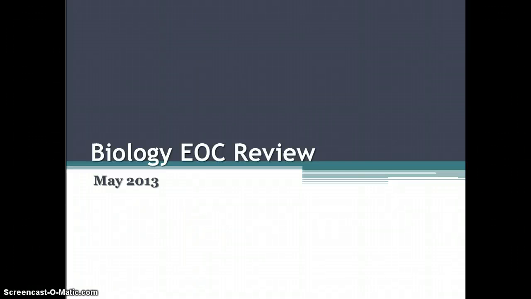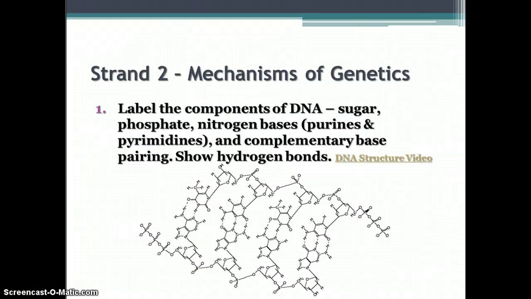This is the second recording for the Biology EOC review. Strand 2 of biology is the mechanisms of genetics, and so the first question on your review sheet says label the components of DNA that are listed here and show the hydrogen bonds, and so I gave you this diagram